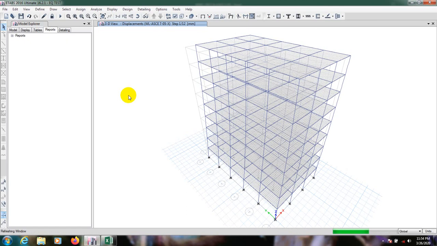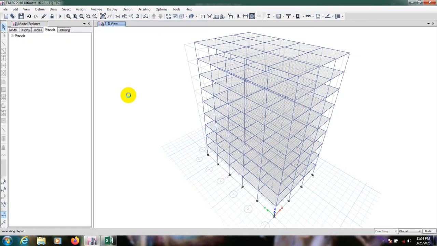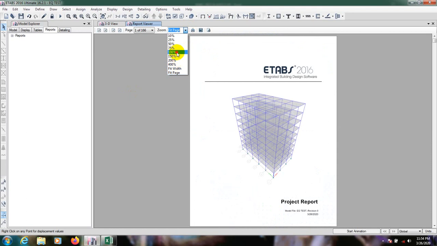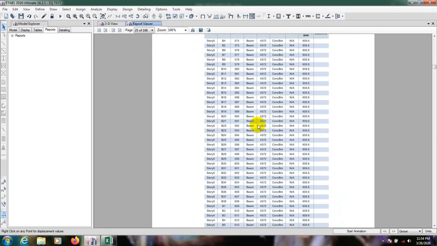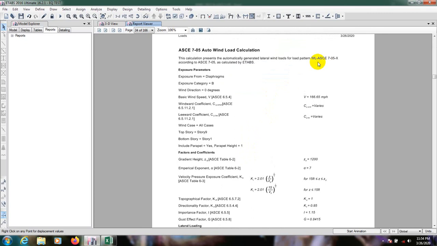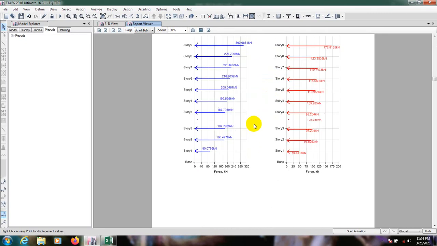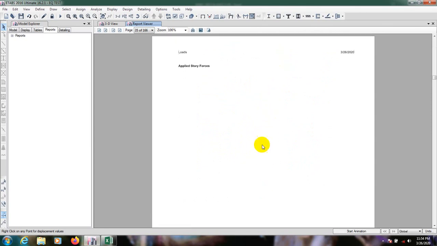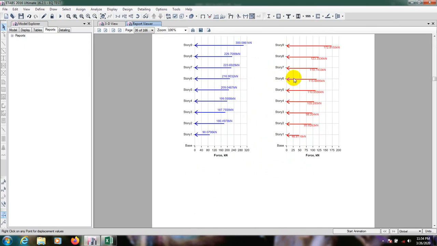It's creating project report, and from project report we'll see which value it's showing us. It's generating report and taking some time because I am screen recording, that's why. So I found that I will zoom it and I'll go down. I'll compare our result here. This is the result for ASCE 7-05 in X direction. For X direction, we know that all values are the same, but for top Storey it's saying us